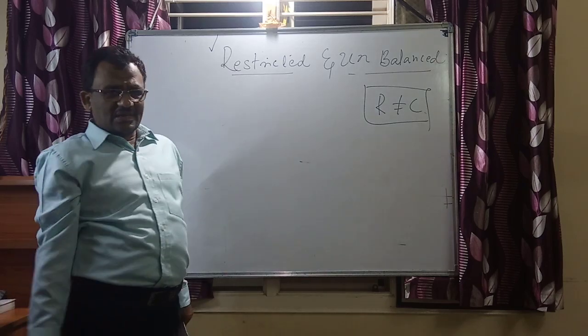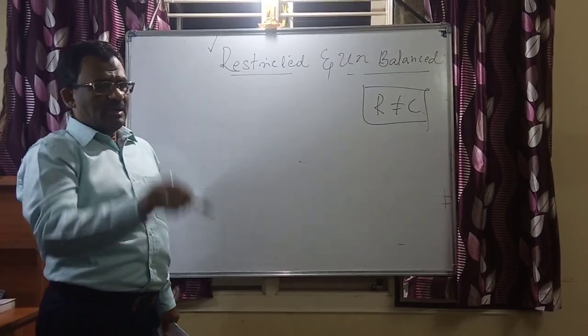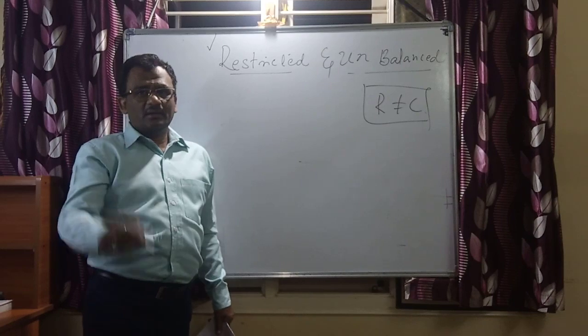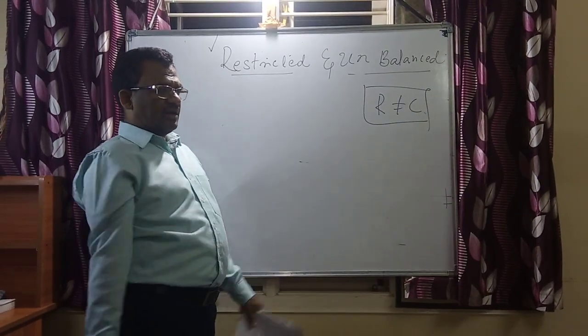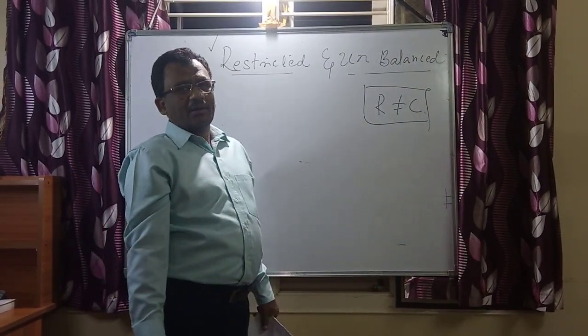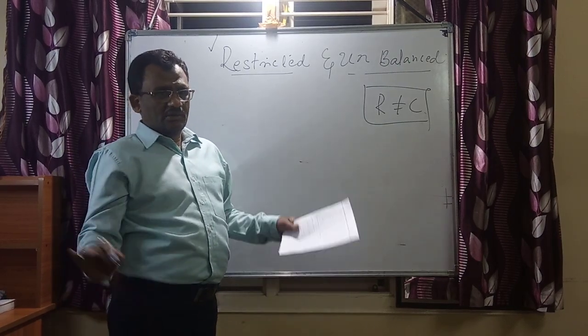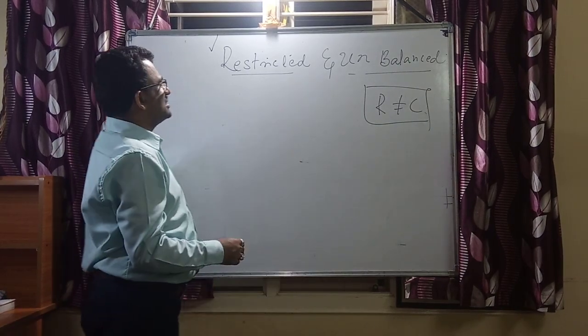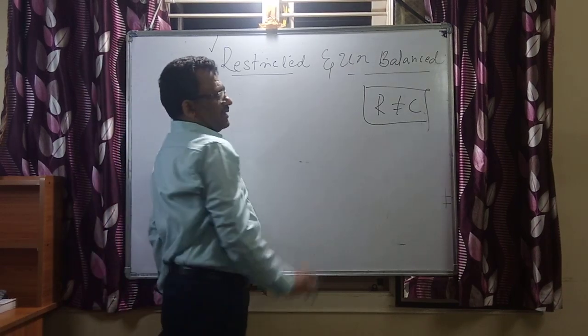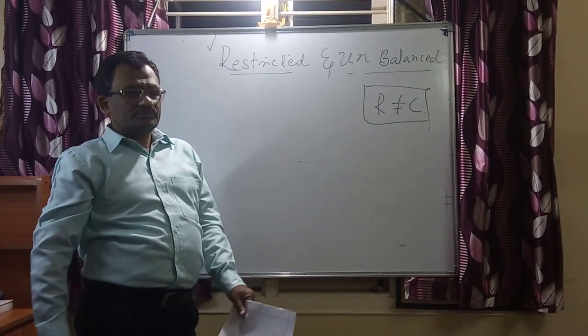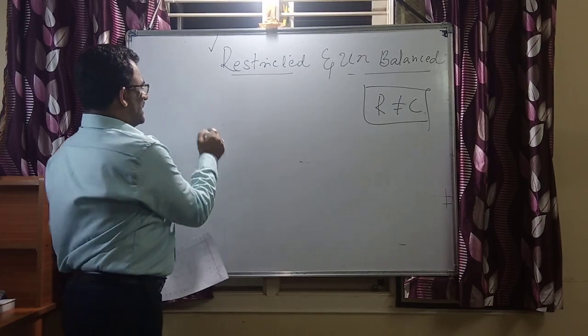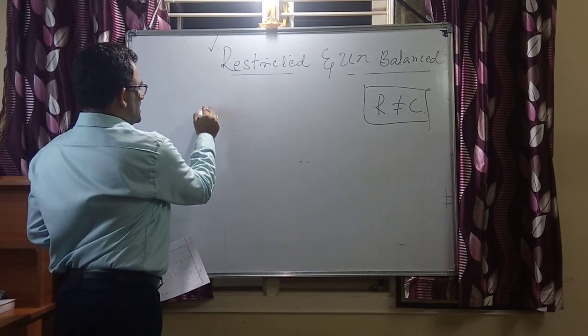If you go to the assignment problem and allocations, people say don't allocate job A to employee B. Don't have any kind of allocation between job A and employee P. There is a restriction. So there are some restrictions, as well as it is unbalanced: rows and columns are not equal. Let me take an example here. I'll try to explain this.